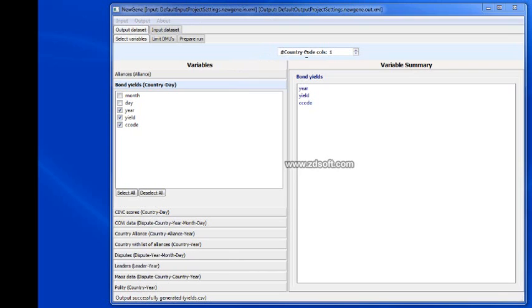So as you can see, I've chosen the bond yields variable group, which is a country day variable group. Now that's important because if you look here, what I've decided to do for this example is pick the country code, the yield, and then the year. I am not going to choose the day or the month. And then here,